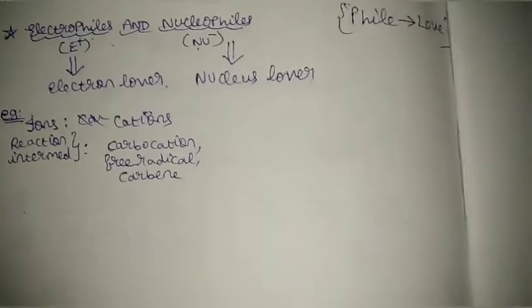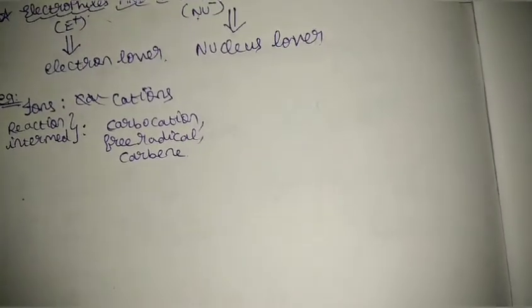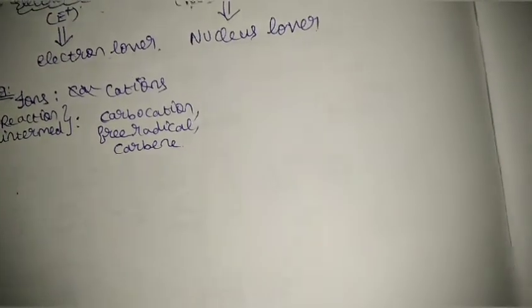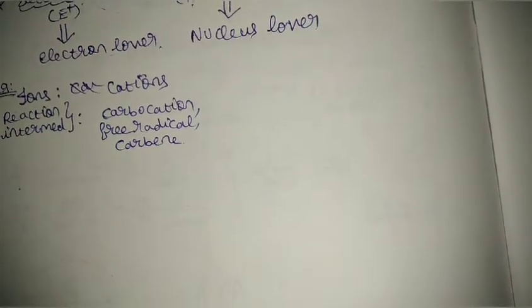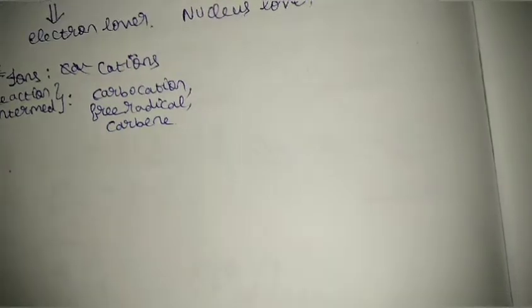And when you take neutral molecules, neutral molecules can also be electron lover. Why is it like that? Okay, I'll say. If the molecule is neutral, actually it doesn't mean that it has its valency filled. For example, if you take fluorine molecule, okay, fluorine atom, it is not having its octet complete, right? But still it needs electron.